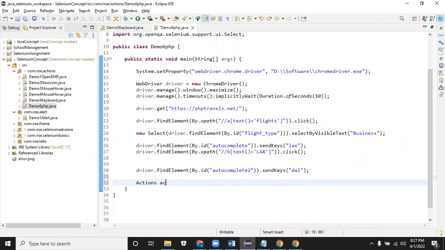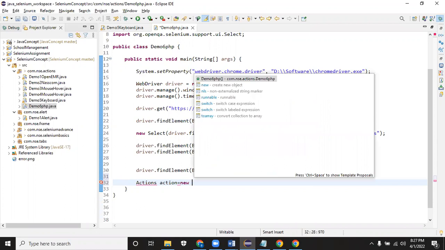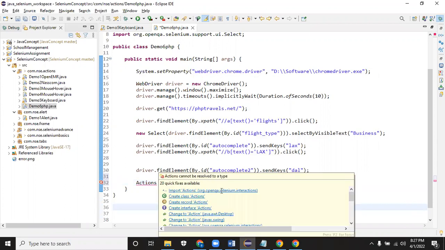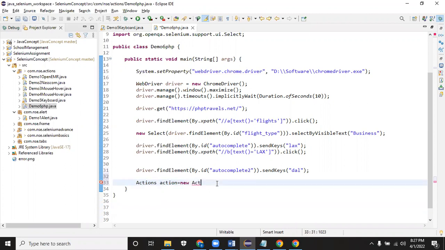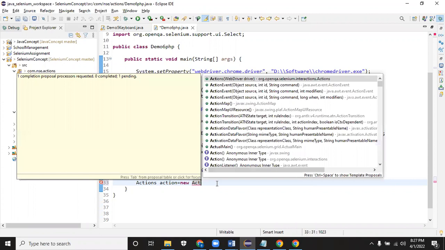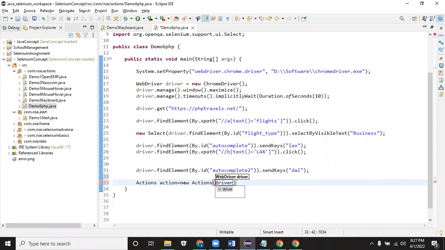Create an Actions object with new Actions. While creating the object, it will ask for the WebDriver detail, so just pass the driver. Now I can do action dot